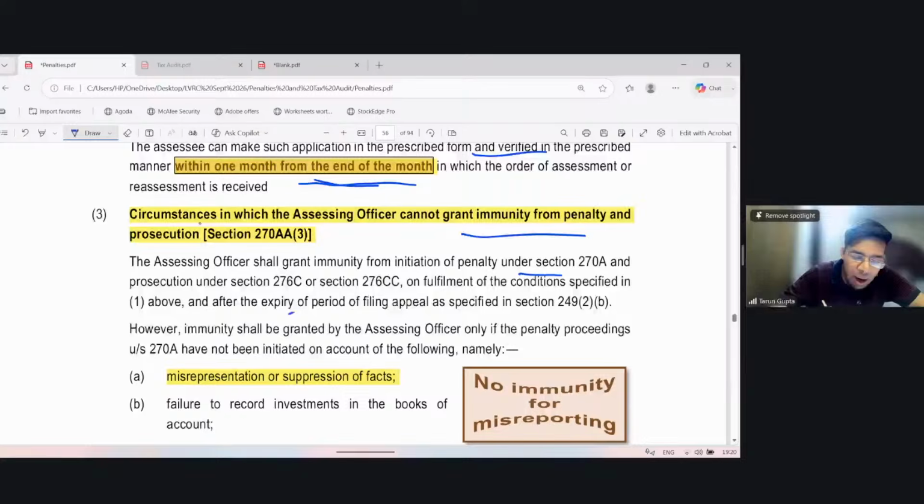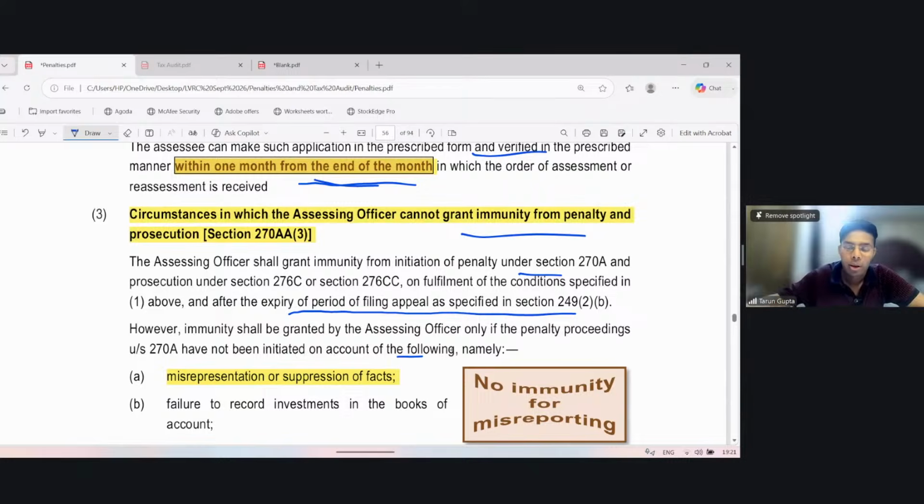And after the expiry of the period of filing appeal as specified in section 249. So, the AO shall grant immunity only when the period for filing the appeal has expired. However, this is to ensure that you cannot go up in appeal and simultaneously take the immunity from the penalty. However, immunity shall be granted by the AO only if penalty proceedings in section 270A have been initiated